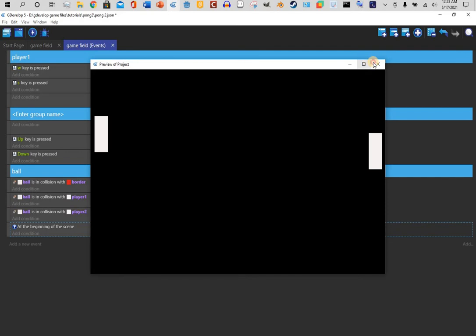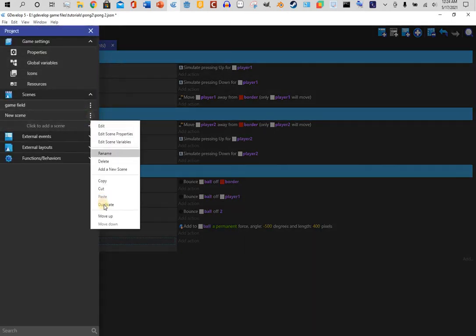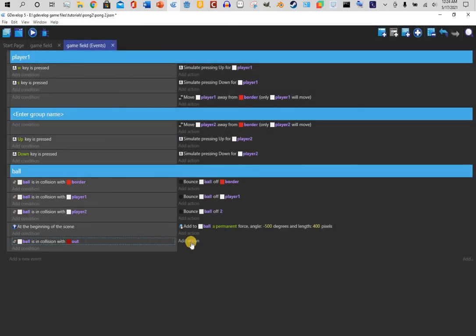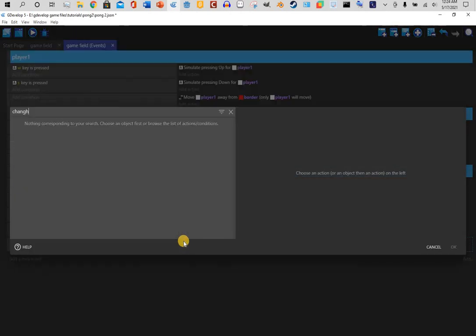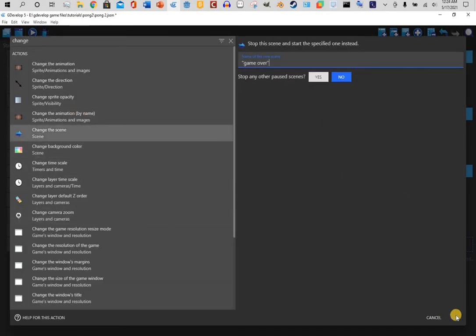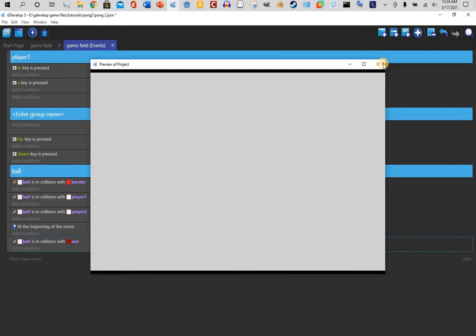Okay, so we have an issue. For the sake of this, we're going to say if the ball is in collision without, we're going to change the scene to game over. Hit OK. So this is hard to do when